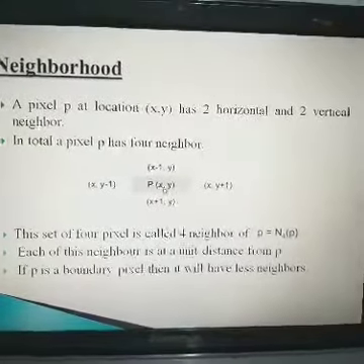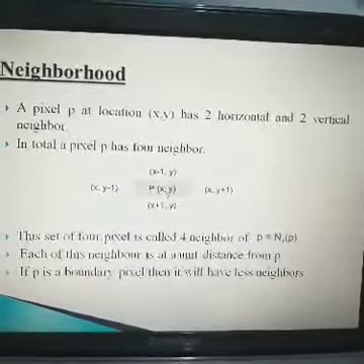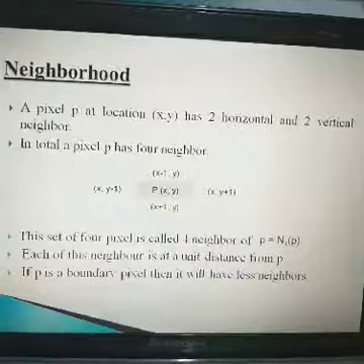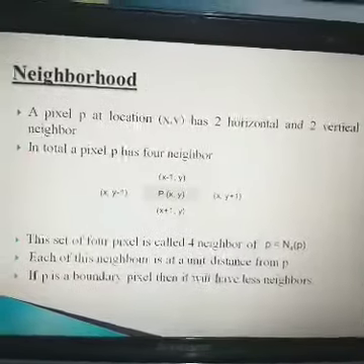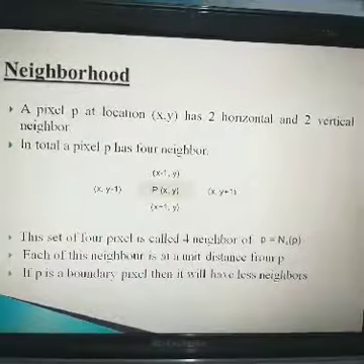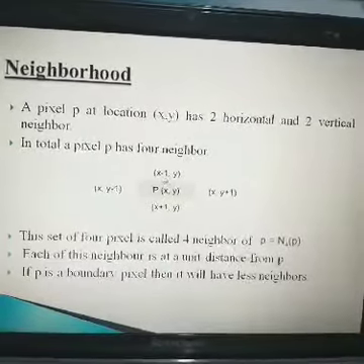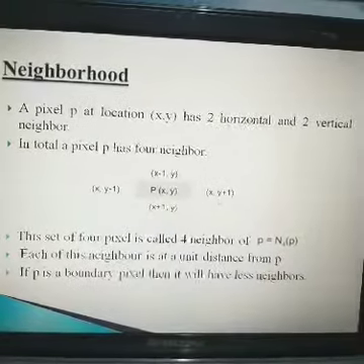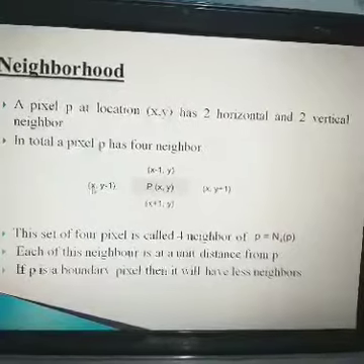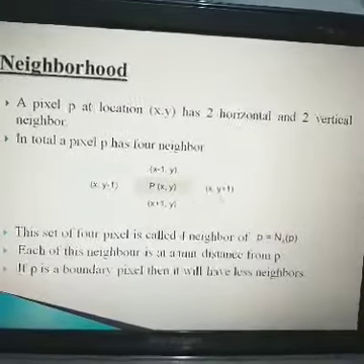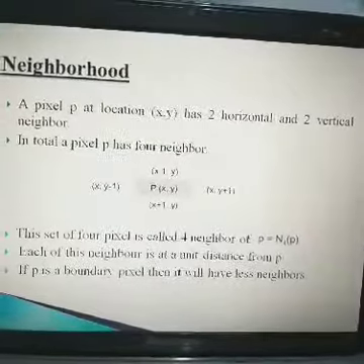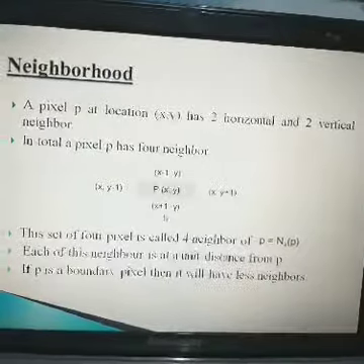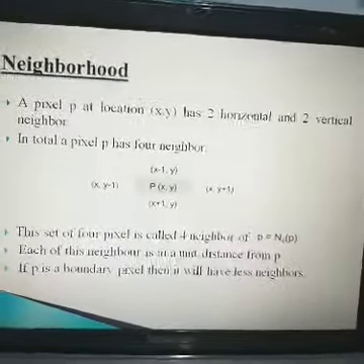For example, this is the pixel value. Any image is represented by a function of x and y, and p here represents the pixel, or we can say that the image has the two coordinates x and y. So there are the four neighbors: two horizontally, which are (x, y minus 1) and (x, y plus 1), and two vertically, which are (x minus 1, y) and (x plus 1, y), which have some values. So these are the neighborhood.